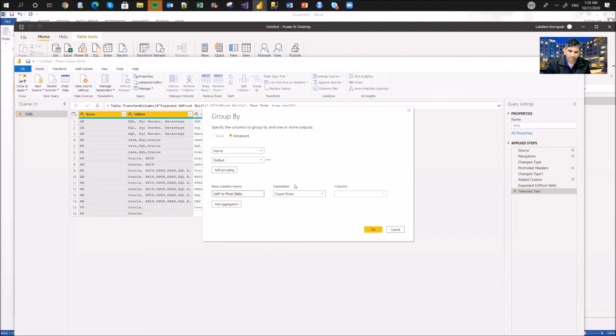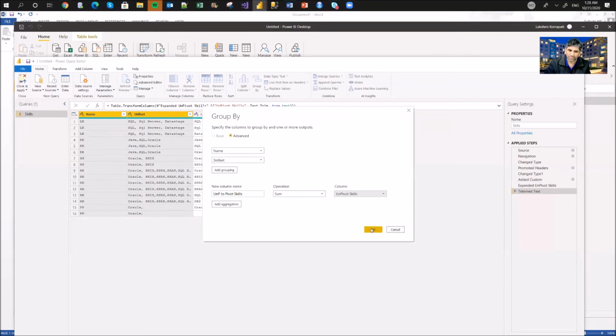Okay. Since it's a grouping, it will give some average, median, all these grouping things. But this is not what we want. So select something and we will modify that. And what is the column? Not the name column. We are interested in the unpivoted skills column.